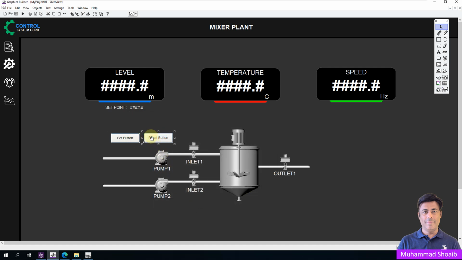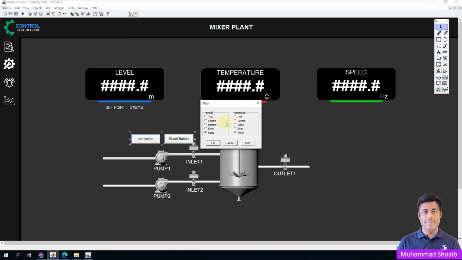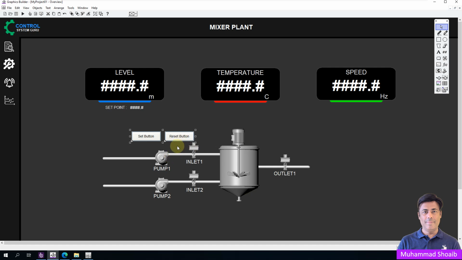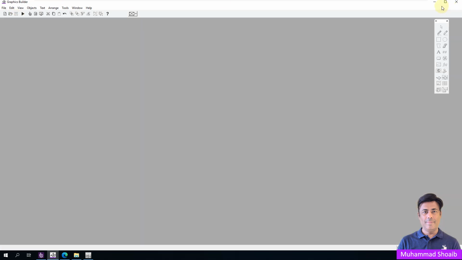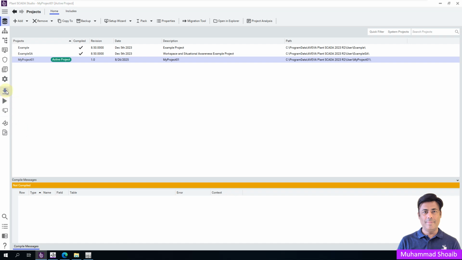So I will just align it properly, and a little bit up. Okay, so now I will save it and I will close, and I will compile the